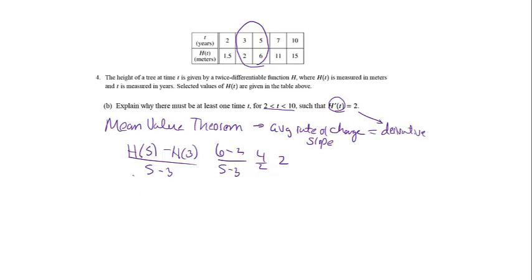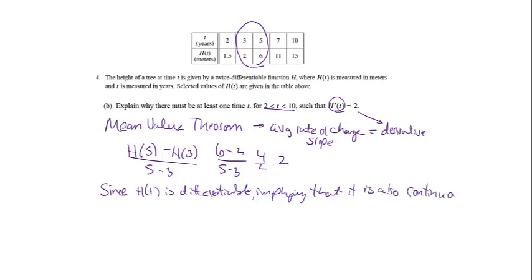But in order to say that, in order to use the mean value theorem, the function has to be differentiable and continuous. So I'm going to say, since h of t is differentiable, implying that it is also continuous, because something can't be differentiable if it's not continuous. So we have to include both of those words. So since it's differentiable, implying that it is also continuous, you could also say because it's continuous and differentiable, whatever,